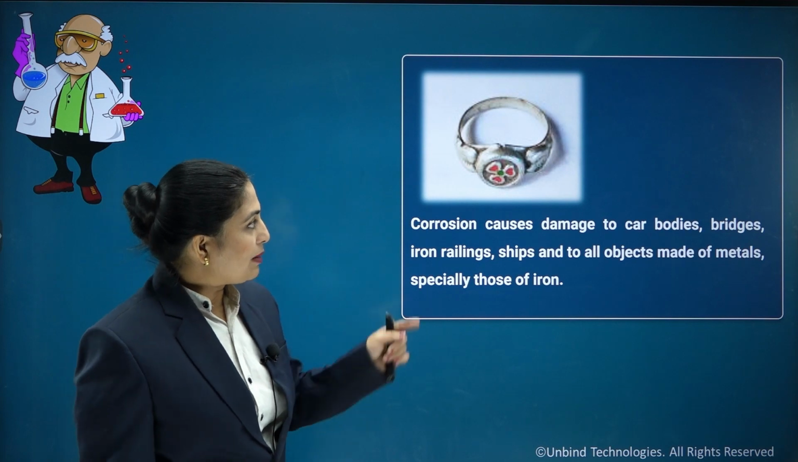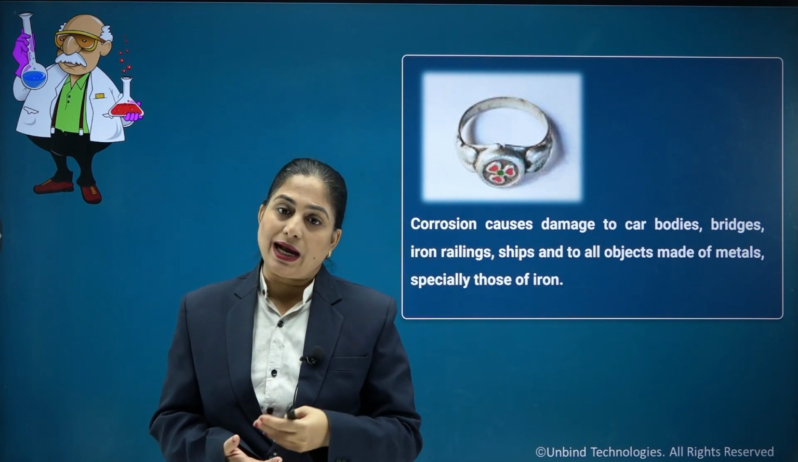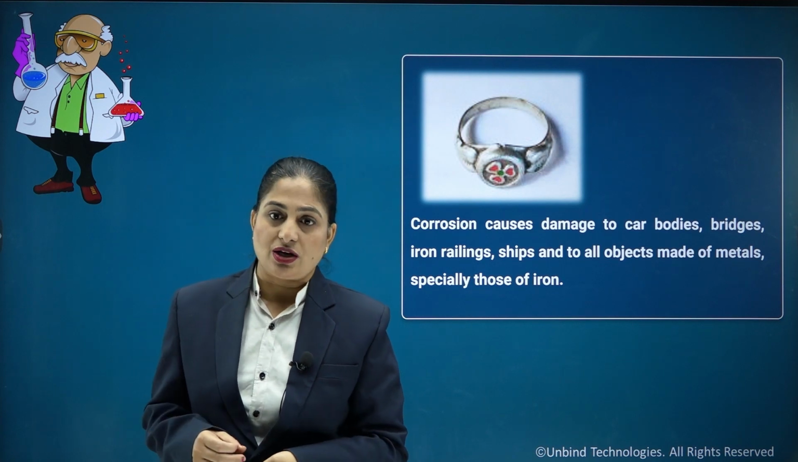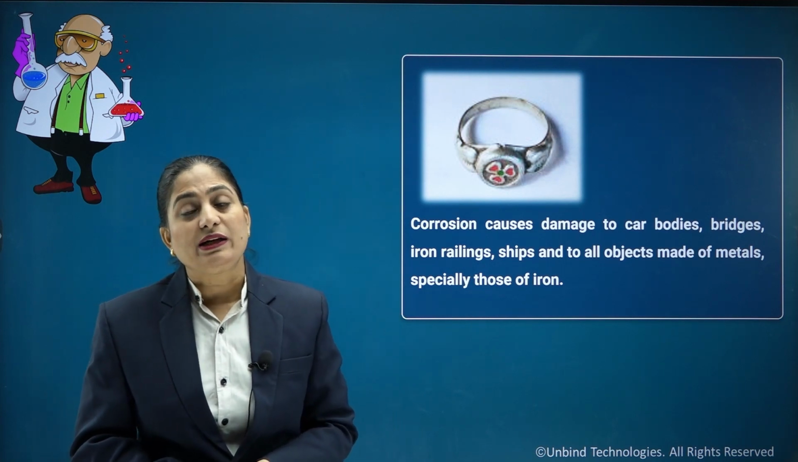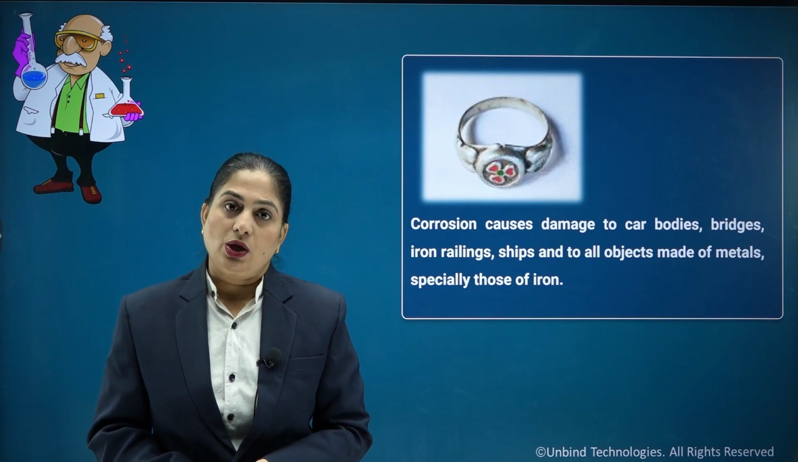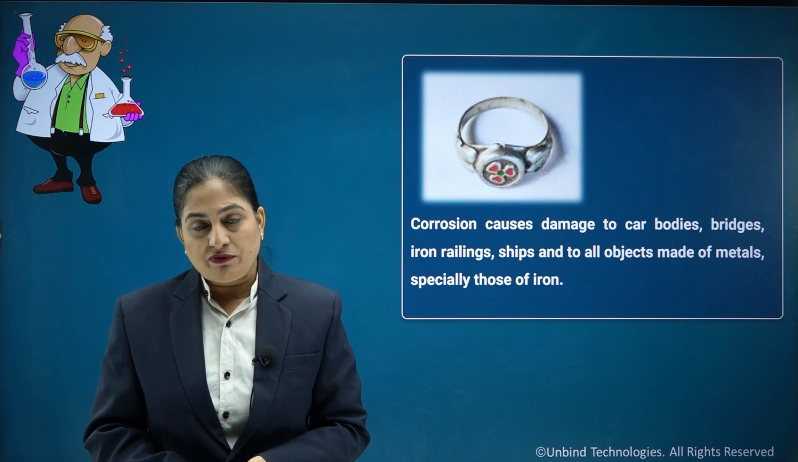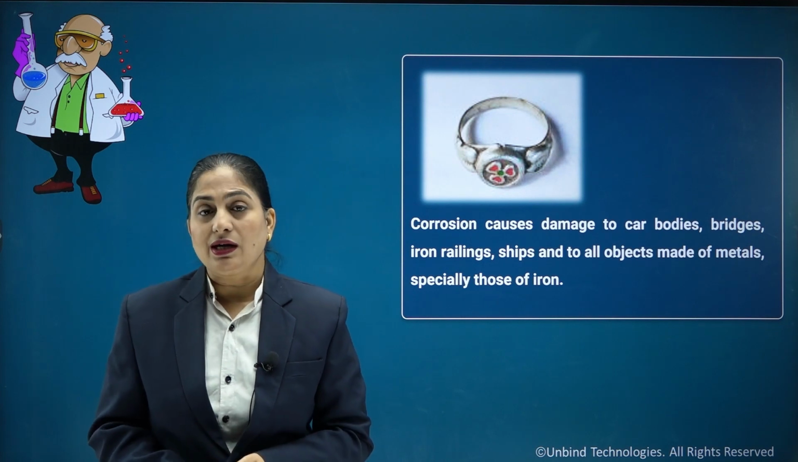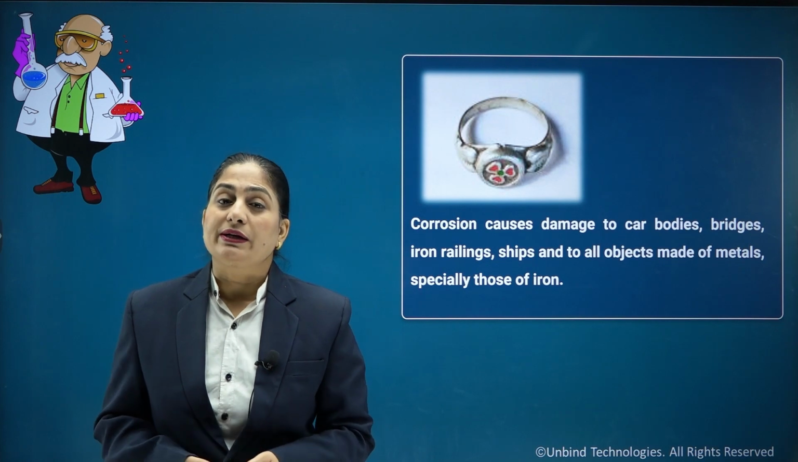So what is the harm of corrosion? It causes damage to our car bodies, bridges, iron railings, almirahs, ships and all other objects which are made up of metal and can easily be prone to corrosion, oxidation or rusting. So it is a big hazard in the case of iron, which causes rusting, and it is day by day deteriorating